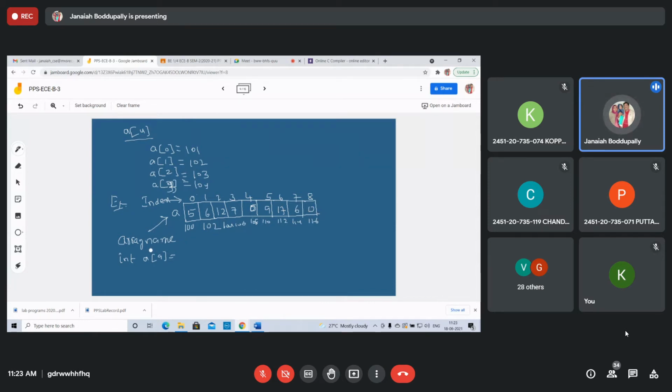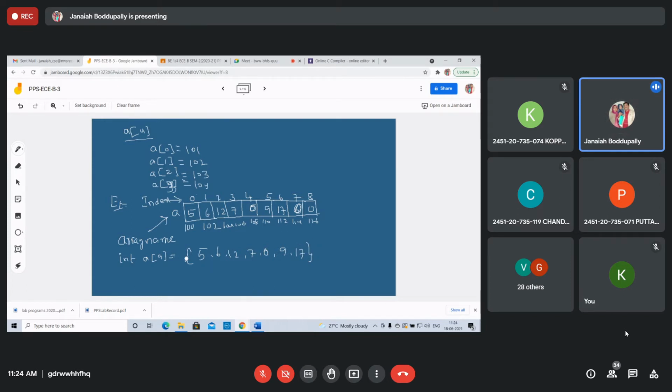Actually, this is 8, but how many elements are there? If you write last 0, suppose these 2 are zeros, the elements you can write are A9 or whatever: 5, 6, 12, 7, 0. If you write 0 in the middle, it will be considered an element with value 0. The last 2 zeros are not considered. The elements are not set.